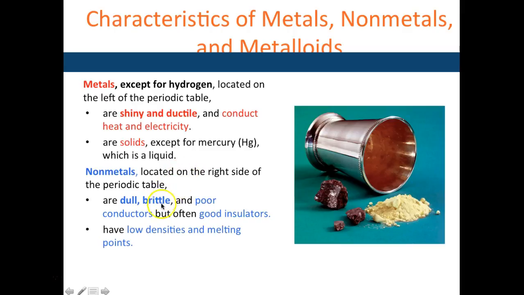Non-metals, on the other hand, are bad conductors. They're better as insulators. Most of them are gases, or liquids, at room temperature. Metals are very dense. They have high densities. Non-metals have low densities and low melting points, whereas metals would be the opposite, with high melting points. All right, we'll stop here and continue this again in the